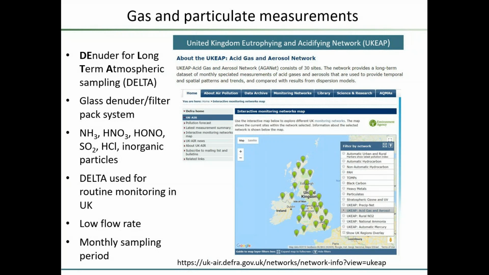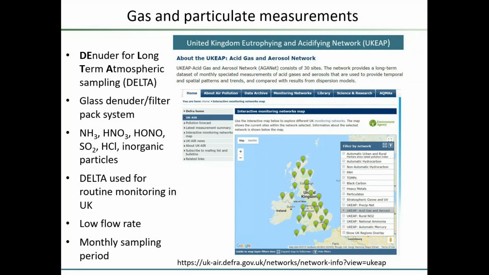And it consists of a short glass denuder and a filter pack. And the method was developed there for measuring ammonia, nitric acid, nitrous acid, SO2, hydrochloric acid, and speciated inorganic particles,